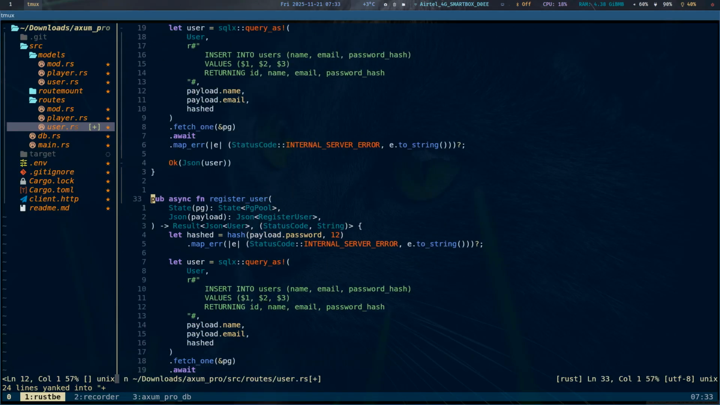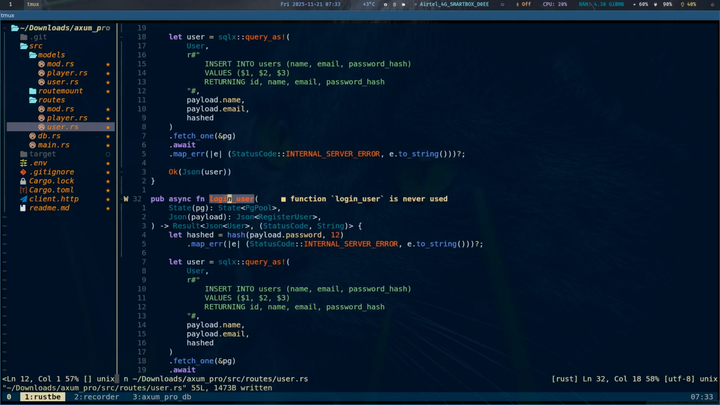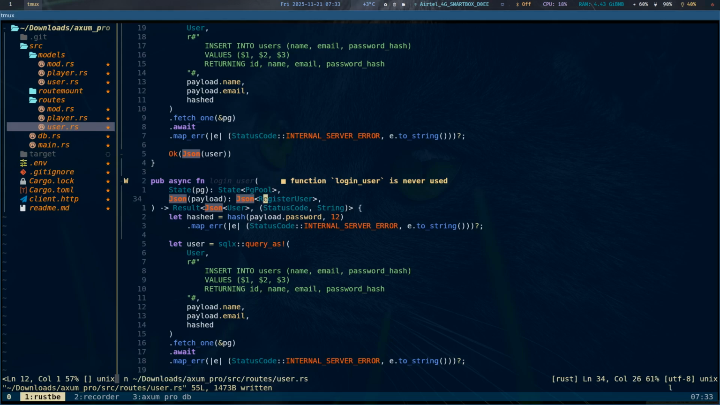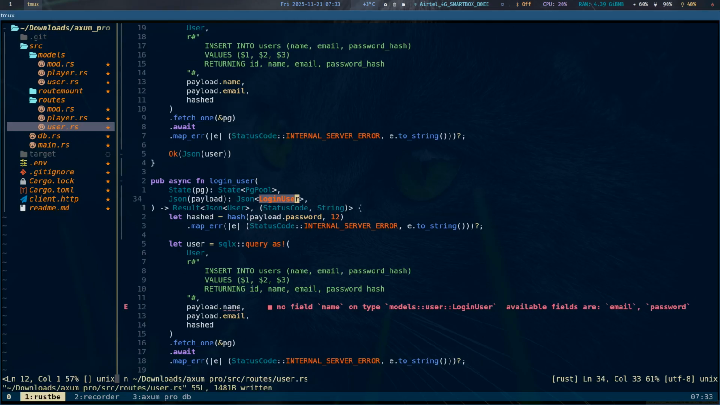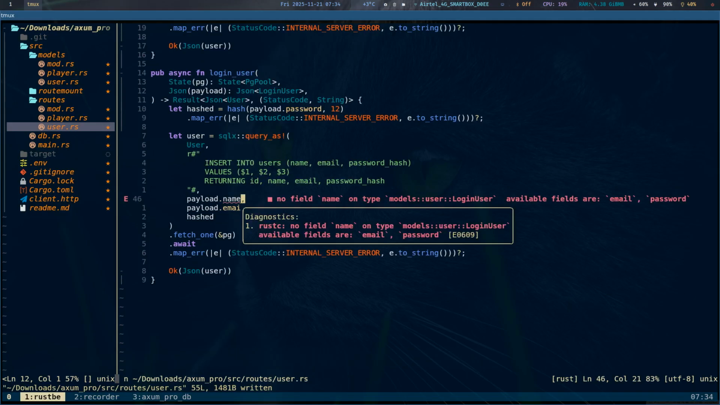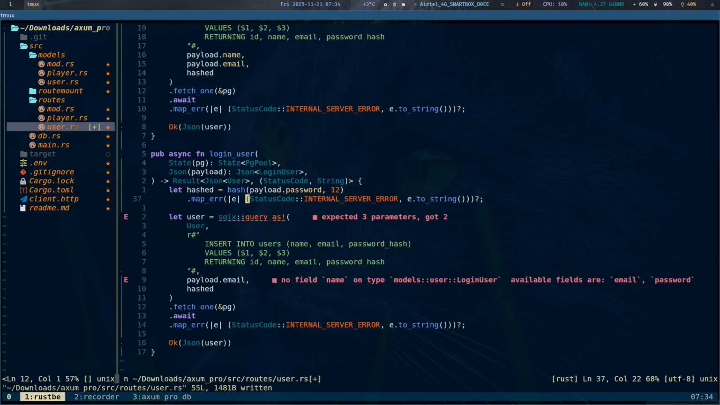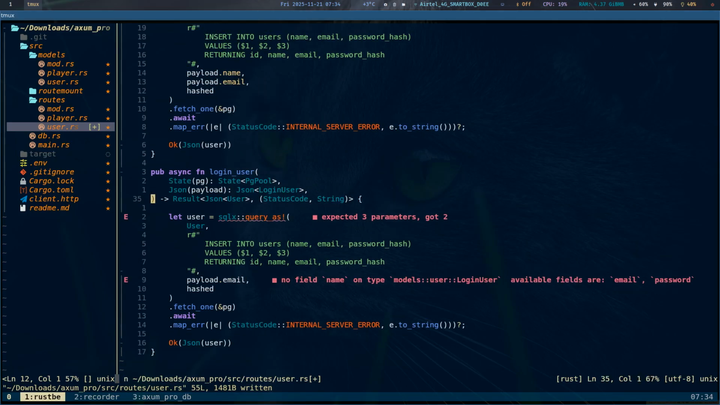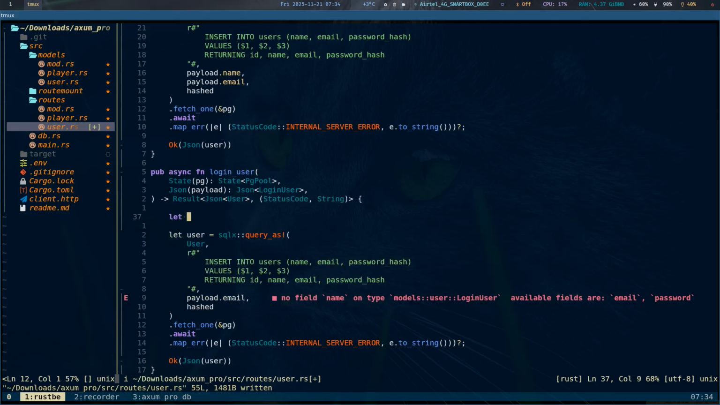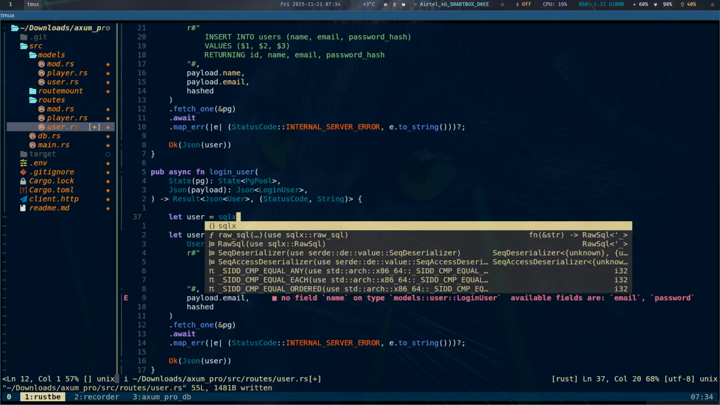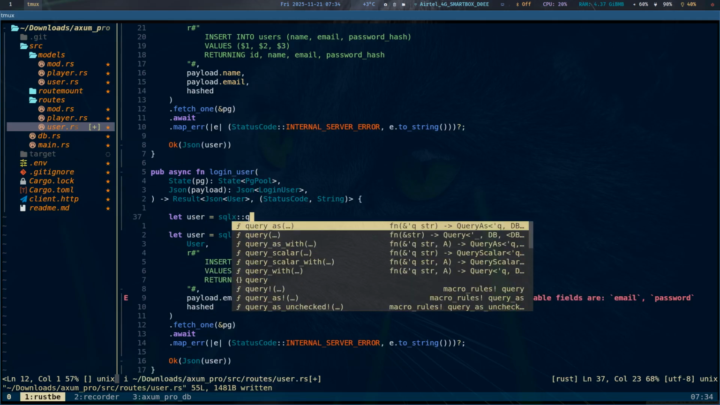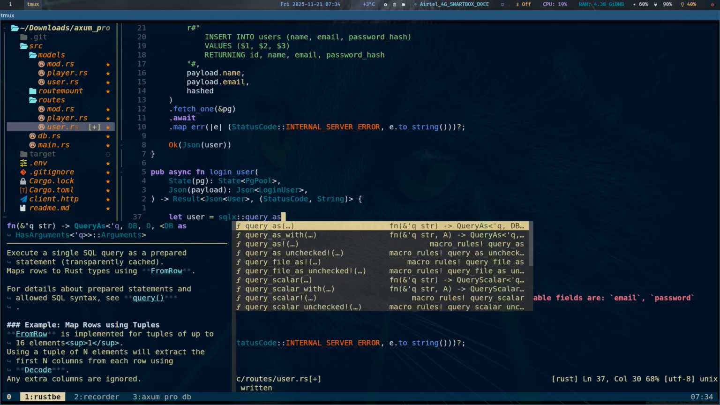So call this login user, and instead of the register user, we can do login user, like so. We don't have the name. I'll remove this first, then let's remove this hashed too. So we can do let user equal to SQLx, do query as macro,